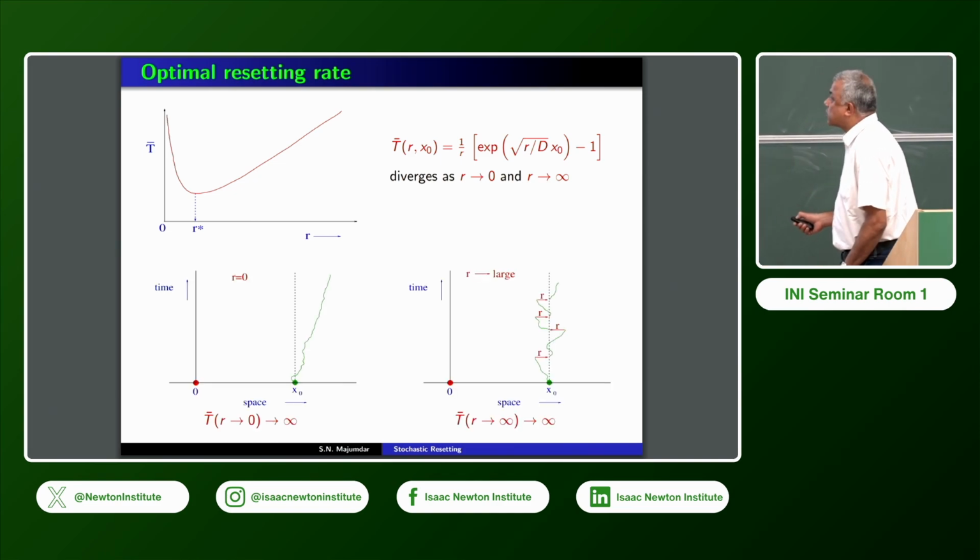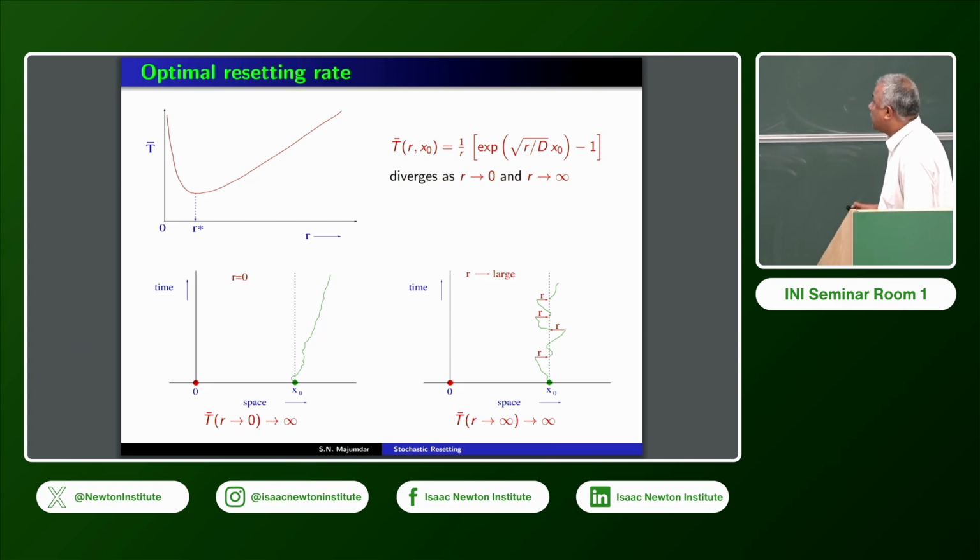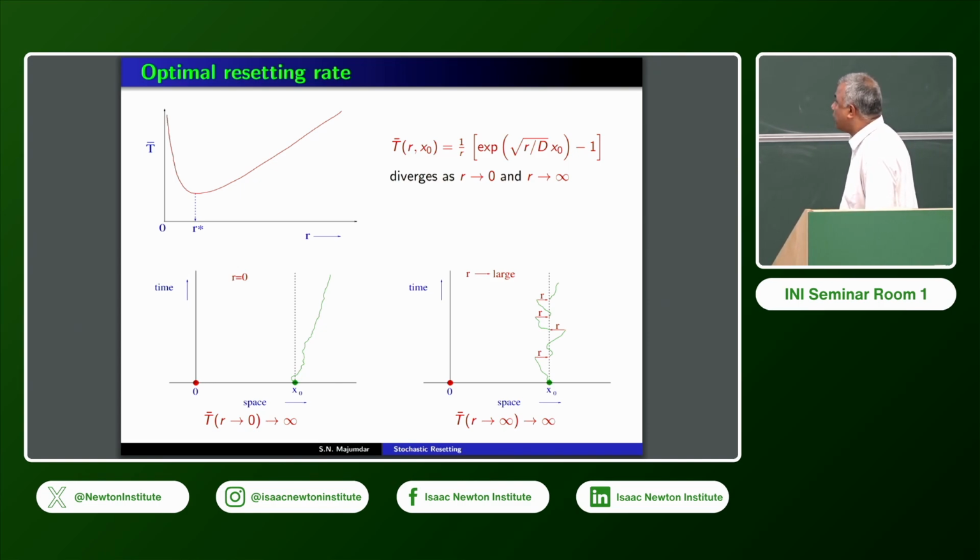And this is easy to understand because, as I said, in the R goes to 0 limit, it diverges because there are these bad trajectories which go in the opposite direction, making the mean time to find the target infinite. On the other hand, if the resetting rate R is very large, you are resetting all the time, which means that you are essentially localized around the initial position. So you hardly move from this initial position,